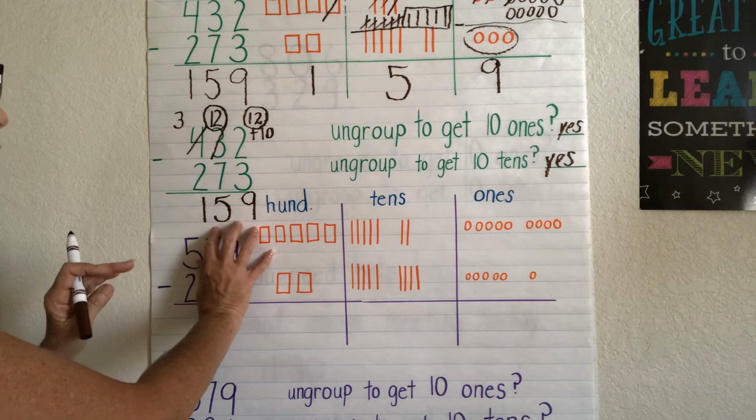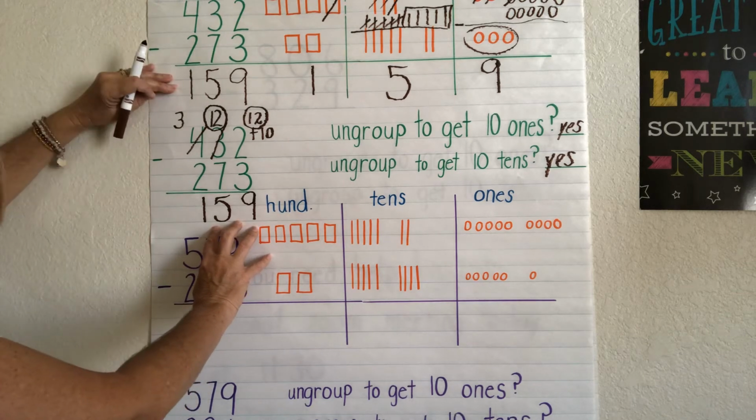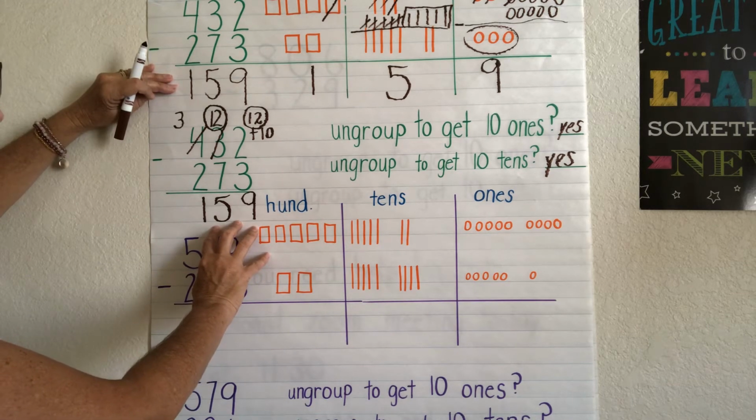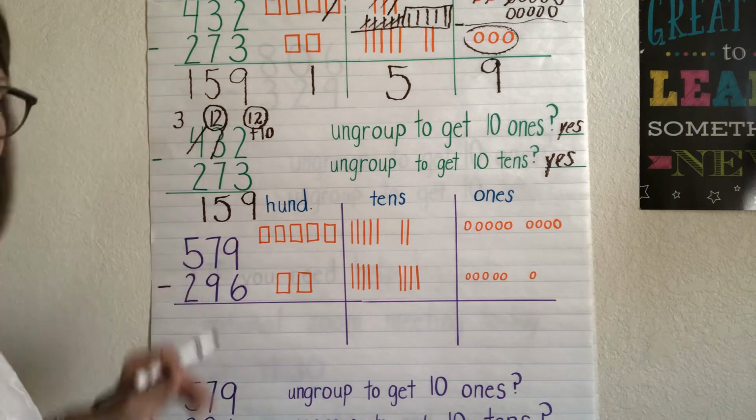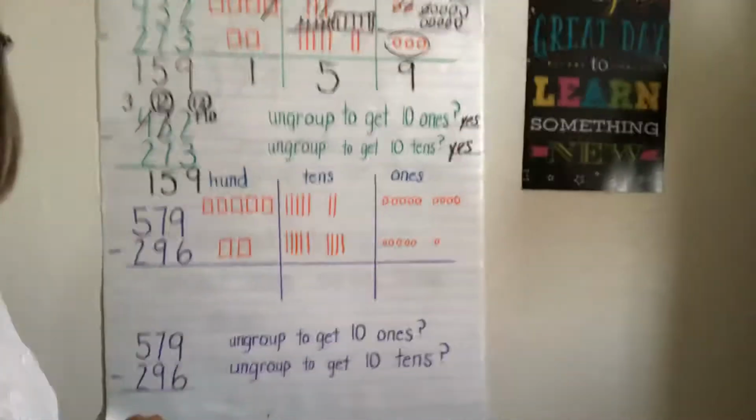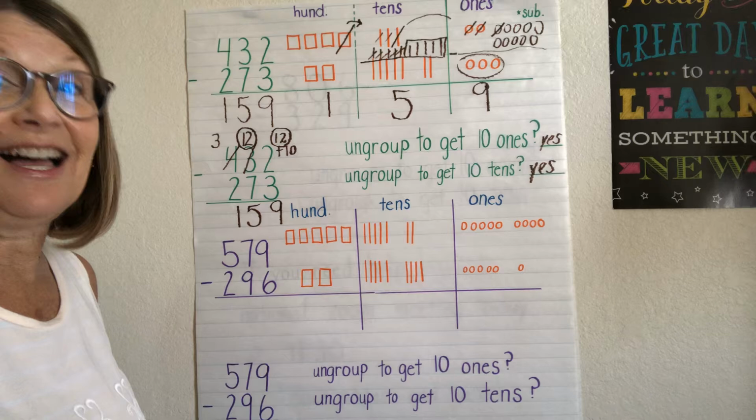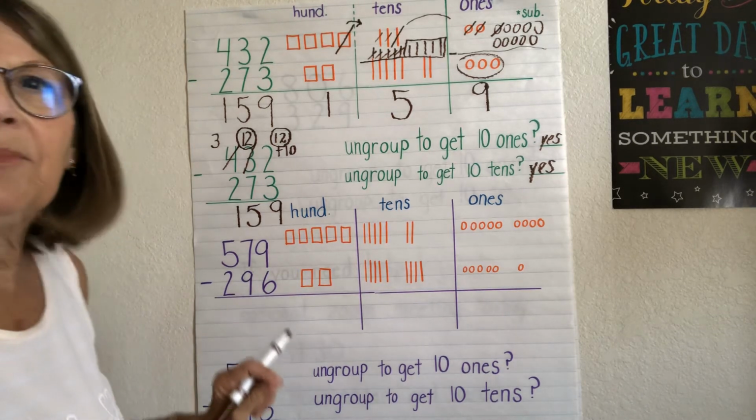So this is the short way. You can see my answers are the same. 159, 159. Okay, that's a whole lot, friends. We're going to go ahead and practice it again. One more problem is